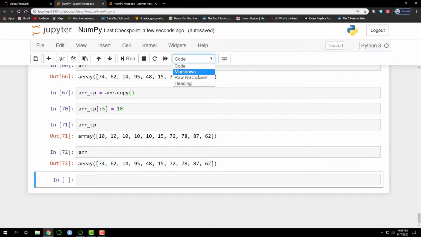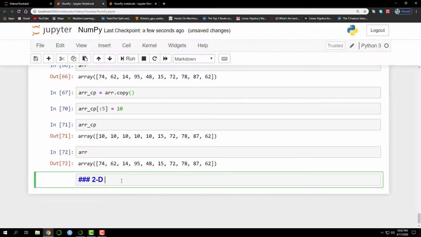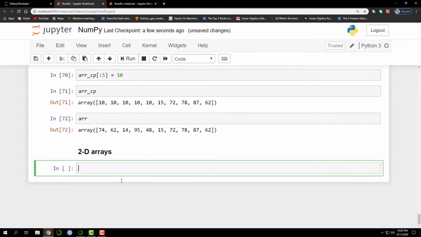Okay, now let's discuss indexing and slicing of 2D arrays. First, I'll create an array with 16 random samples between 1 and 100. I'll reshape it to 4 by 4 so that I'll have a 2D array.